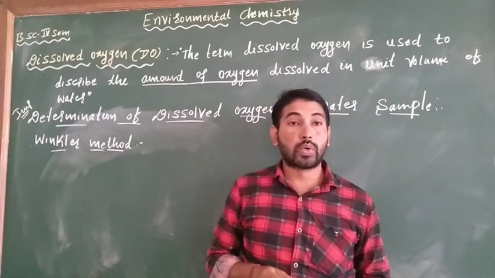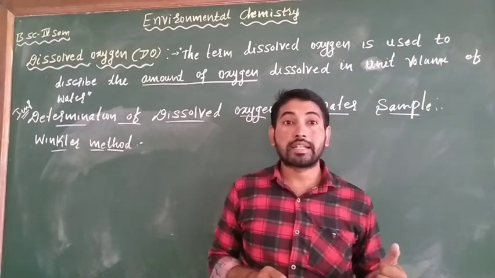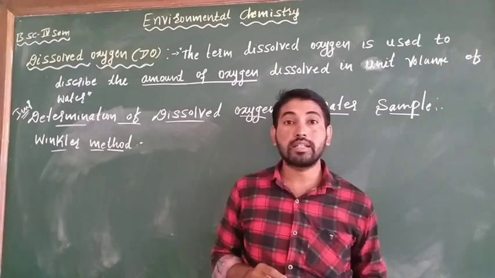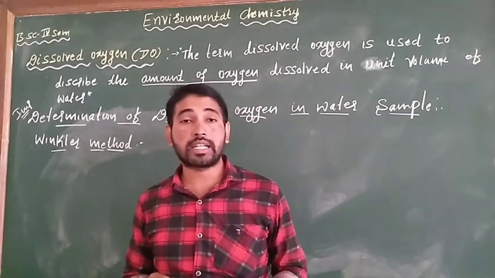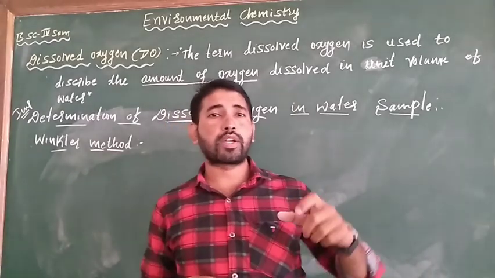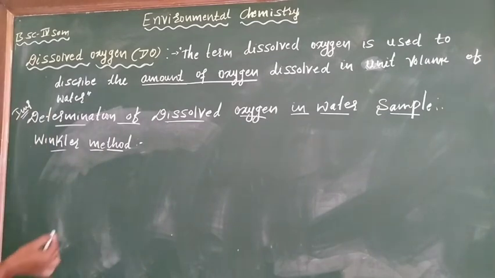Iodine and sodium thiosulfate titration. The end point of this titration is found by using starch as an indicator. By using starch indicator, we will find out the end point of this titration. Okay. First thing, principle